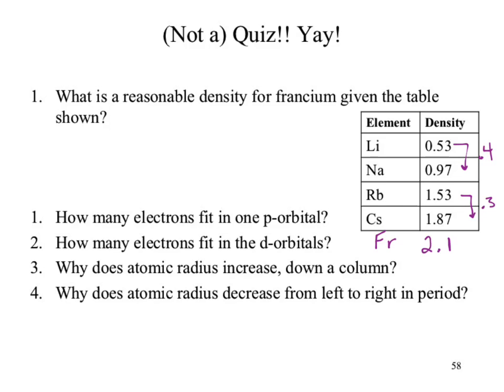How many electrons fit in one p orbital? This becomes a very tricky question, particularly because you decided to opt out of that content. One p orbital holds 2 electrons. How many electrons fit in the d orbitals? 10 electrons. Why did it all of a sudden jump? We have to be very careful with reading the question. 1 p orbital, any single orbital holds 2 electrons. The p orbitals as a type can hold up to